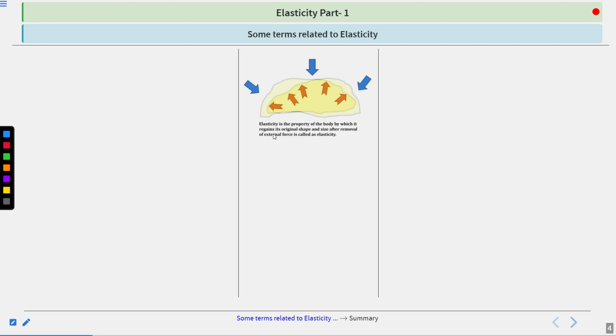So now you can say we have two scenarios. We have two balls. One ball after being crushed couldn't regain its original shape and size. One ball, on the other hand, after being crushed, regained its original shape and size. So that is known as elasticity. It is the property through which the body or any particular object could gain its original shape and size once the external force is removed. So that spongy ball is actually the elastic ball, because once you remove that external force, that ball regains its original shape and size.